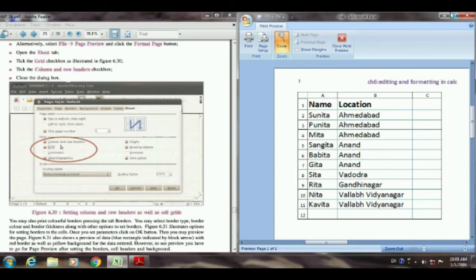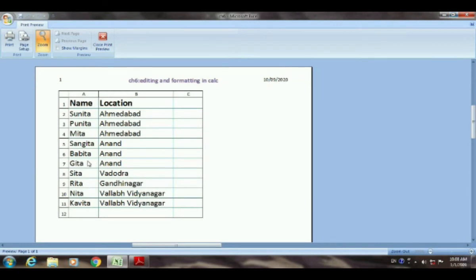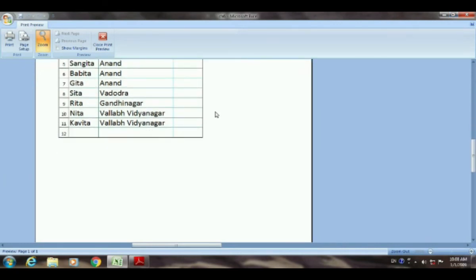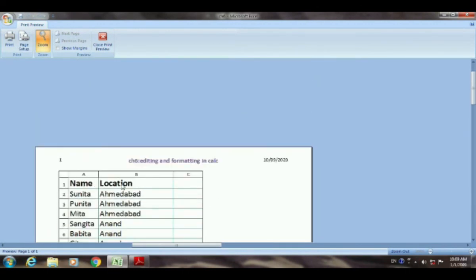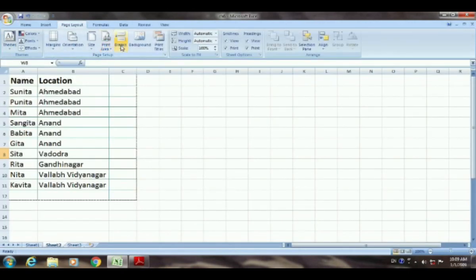I will open it in the maximized form. See, this is the print preview of your document. So like this the data will be visible. This is the header and this is our footer, along with the header and footer, and whatever formatting we applied there is visible over here. Now you can close the print preview, then you will come back to your original mode. Print preview will show you the actual view, how it will be printed on paper.